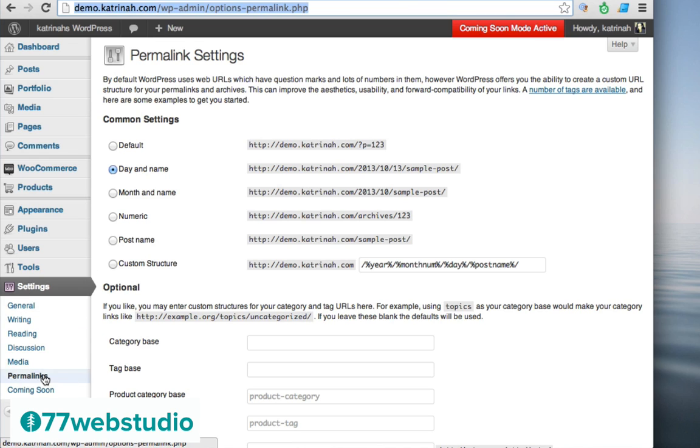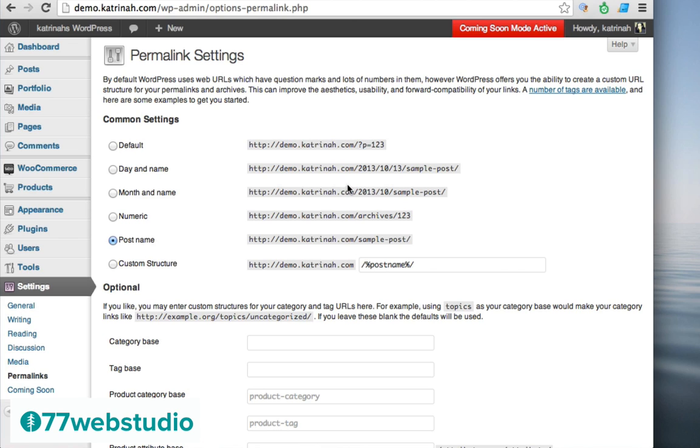It's under Settings, Permalinks, and you want to change it from default to pretty much anything else that has words in it. So day and name is good, month and name, or post name, or you can create a custom structure. I usually prefer just the post name. That way I don't have dates, because that keeps my content a little bit more fresh. When you see old dates, a lot of readers may think that it's old, but actually a lot of times the content is still relevant. So I prefer just taking the dates out altogether, but do whatever you like, of course.